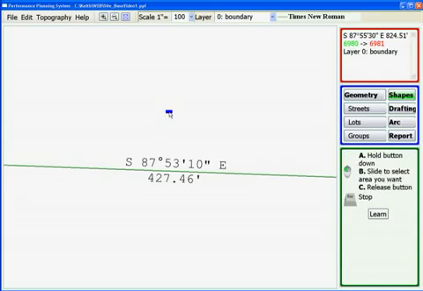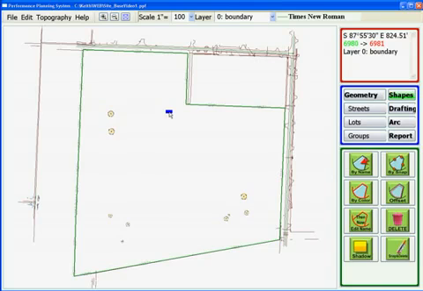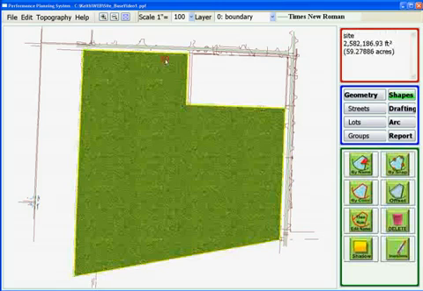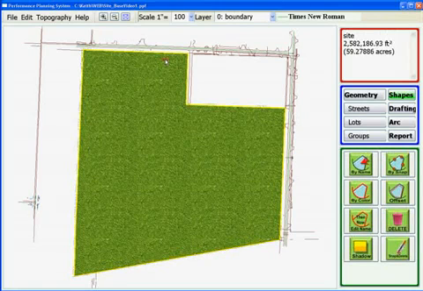Now, to create a shape, it's very easy. The boundary in this case is green. So we could press the Shapes button, press the by color, type in the name site, and then hit submit and snap to a green line, and you'll see the site is colored in a texture,